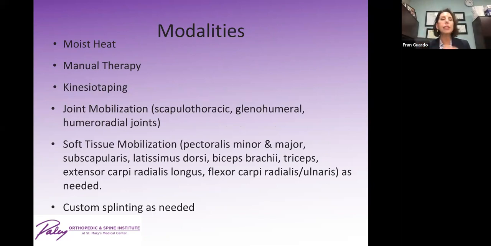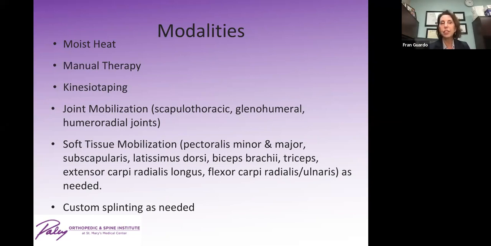We find that moist heat after the first week post-op is very, very helpful. It increases blood flow and makes it much more comfortable to do the stretches. Manual therapy, meaning manual stretches, soft tissue preparation. We use a system called ASTEM, which is a soft tissue tool. Other places use other types of soft tissue tools, and I think that they can be very, very helpful. But if you don't use soft tissue tools, you've always got your hands, and massage and soft tissue mobilization is